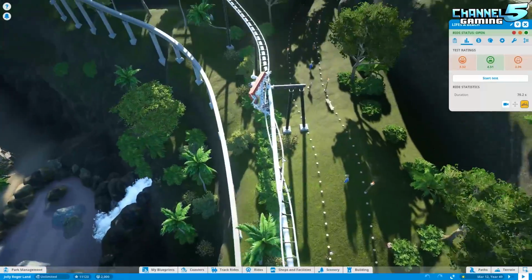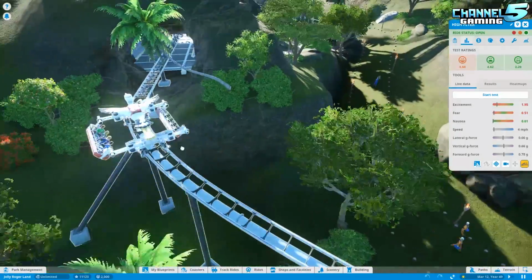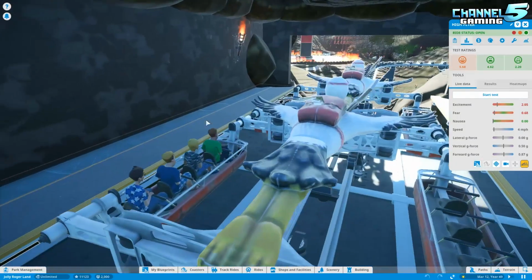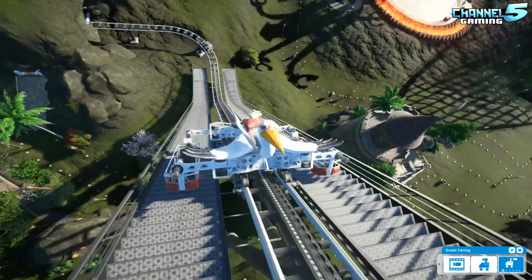So if you're making these little birdie coasters, guys, try and challenge yourself to keep the bucket upright at all times. The coaster goes upside down, but the cart is supposed to stay right side up. That's the whole point of it. But the game doesn't really do a good job at...